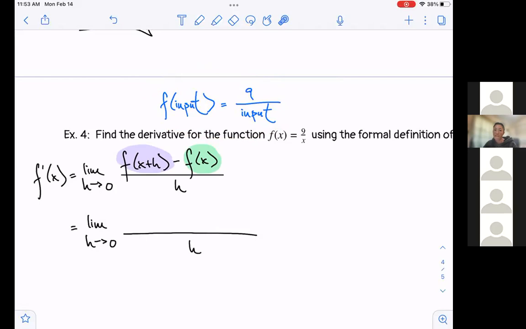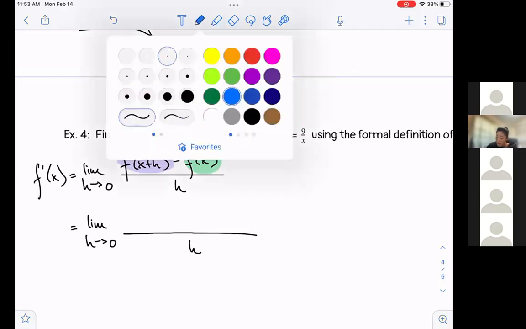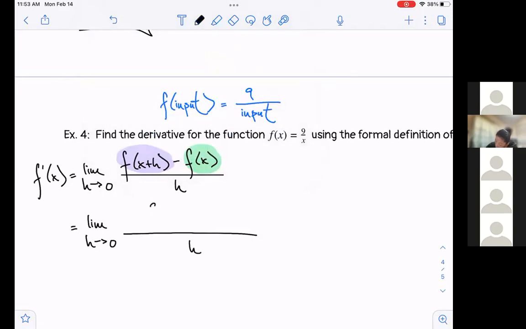Yeah, yeah. If this helps you, write it out with the word input and then be like, oh, now it makes sense to me, right? I would rather you write this out than try and figure it out in your head and get it wrong by accident. That would actually make me really sad, right? So 9 over input it is,